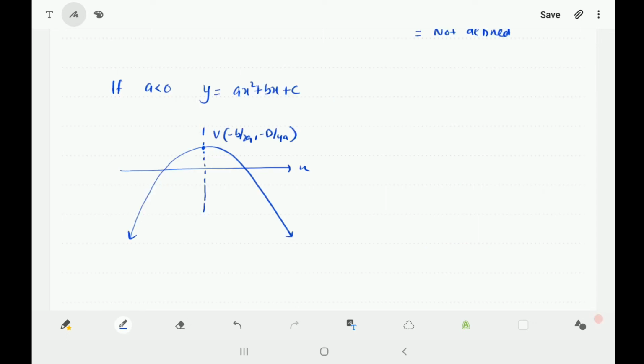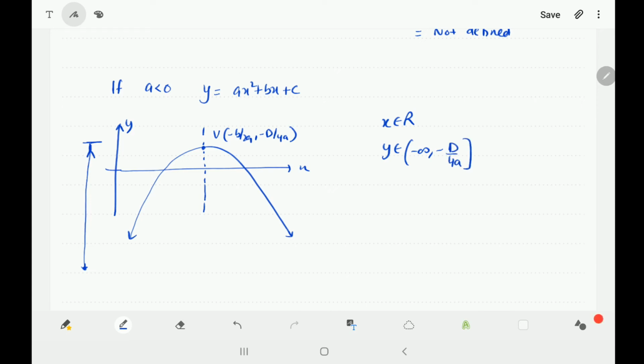Now let's move on to the downward parabola. Let's say we have y equal to ax square plus bx plus c where a is less than 0. So the parabola will be downward, of this shape. If I ask you the domain, definitely the domain will be x belongs to R, because this is again a polynomial function and it is defined from minus infinity to infinity. If I ask you about the range, it is the span along the y-axis. The span is coming from minus infinity till this level, so the range will be minus infinity to minus d by 4a, closed interval.